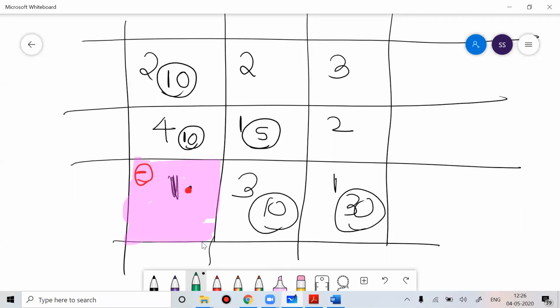What is the rule of the game? You have to move from this cell and make a boundary. That boundary you can make only by moving on the occupied cells. From here, you can reach here. But from here, where can you go? You can only go on an occupied cell. You cannot go here, and you cannot go like this.